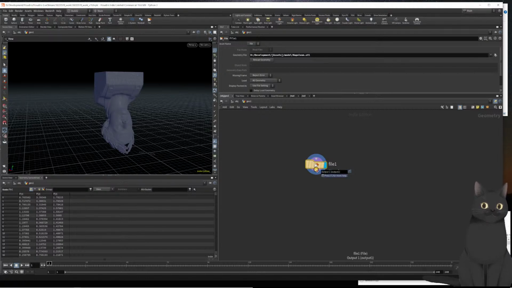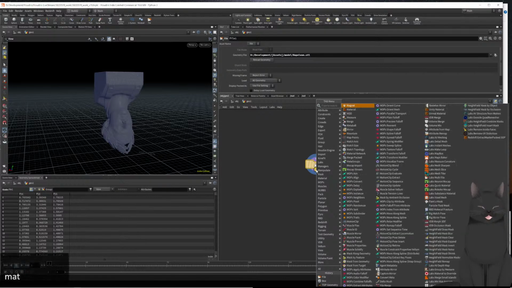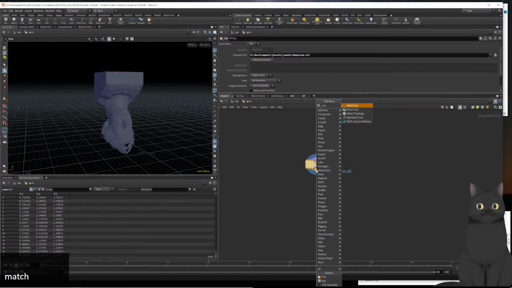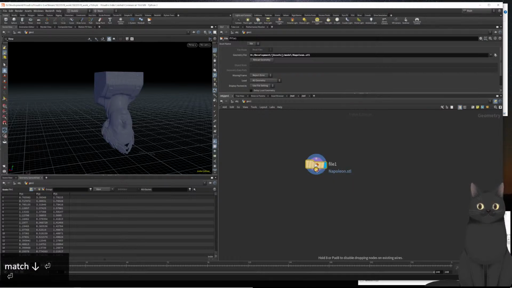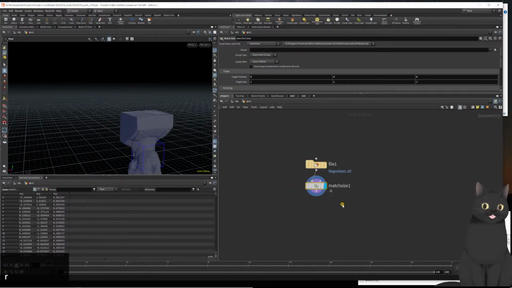So after a few seconds of loading time, we can see that this Napoleon statue came in the wrong way around, and when we click on the info icon here, we can see it's got a size of 1.8 times 3.5 times 1.8. So let's first orient, recenter, and resize the statue here by first using a match size, which we'll set to scale this thing to fit. So now it's centered, and when we hit info again, it has a maximum size of 1, like this here. And also we can see that the polygons here are reversed, so